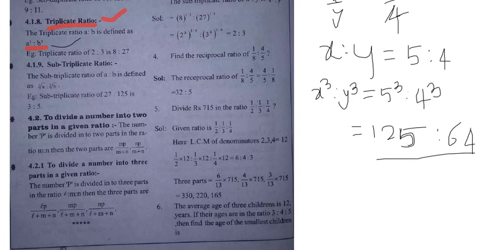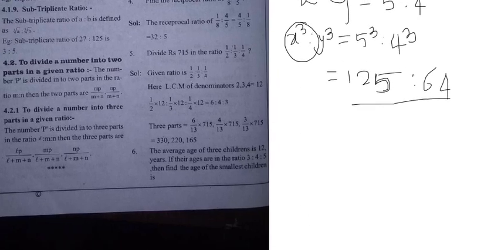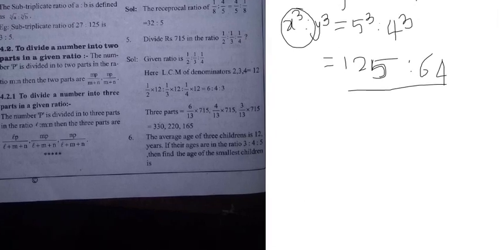If they ask duplicate ratio, do square. If they ask triplicate ratio, do cube, x power 3. That is nothing but cube, x cube is to y cube. We should multiply 5 cube is to 4 cube. We wrote it: three times you should multiply 5, 5 into 5 into 5. Remember friends, here 5 cube is there, so we should multiply 5 for how many times? Three times. Okay. This is the symbol of the power.